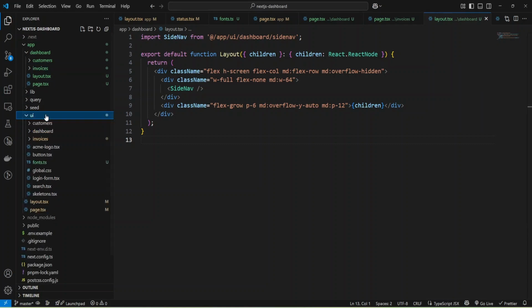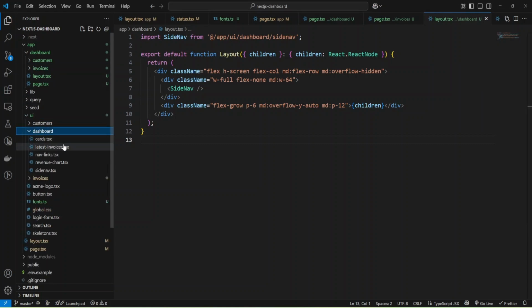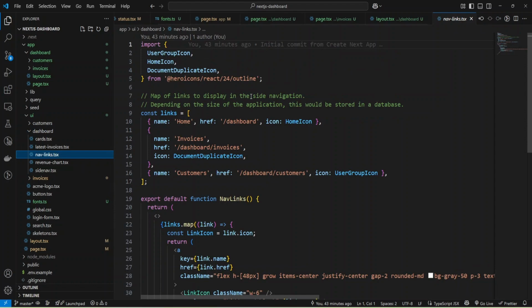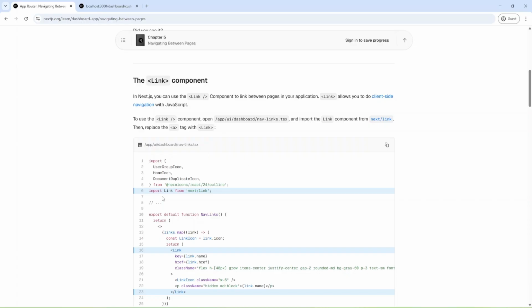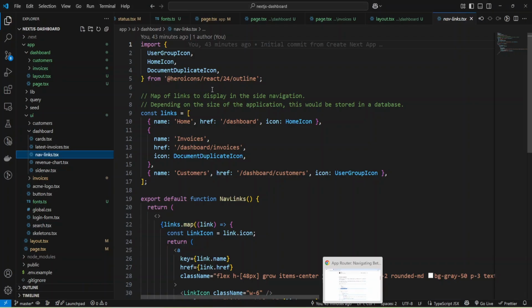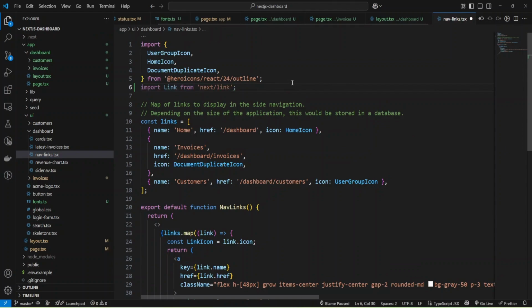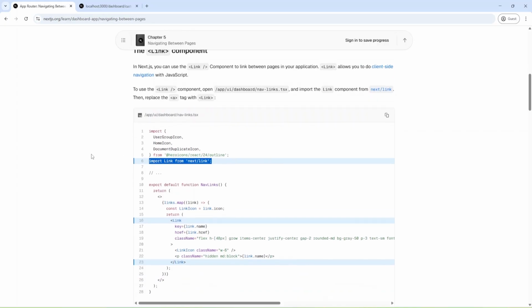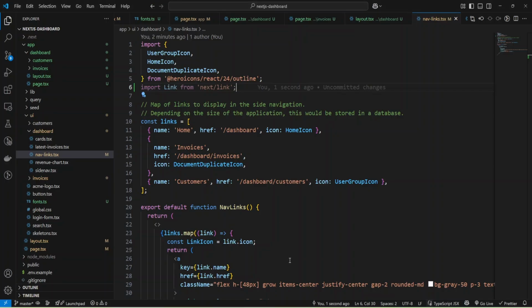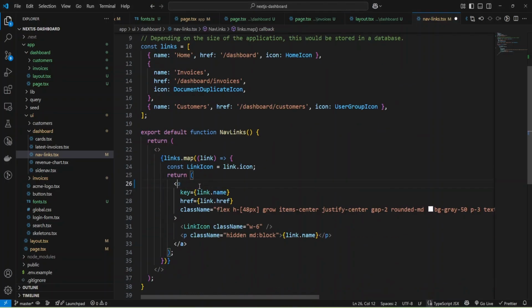Okay, and let me check UI, dashboard, and we have this component, and we'll add links here, and I'll just copy this and provide this import here. And let's replace a tag with link. Okay, and we'll provide a link instead of a tag and save.